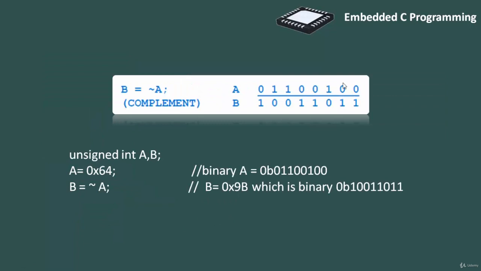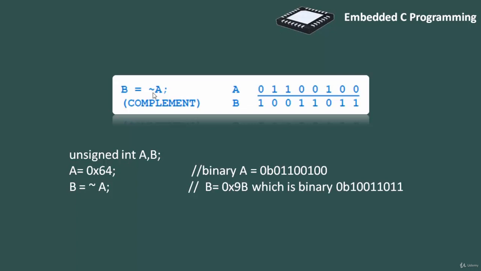The next operator is the NOT operator, also called the negation operator. In embedded C, the negation operator is denoted by this sign. We use this operator whenever we want the complement of any number. That is, if the input is 0, we want output 1, and if the input is 1, we want